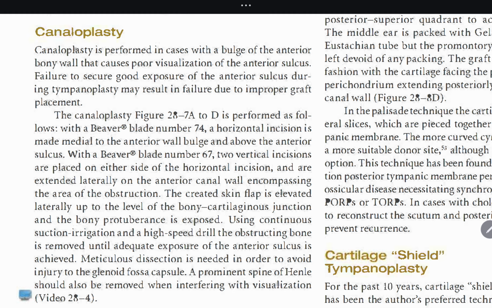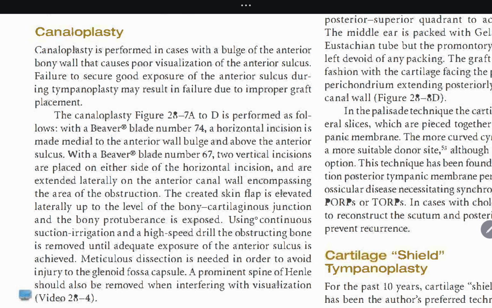A horizontal incision is made medial to the anterior wall bulge and above the anterior sulcus with a beveled blade number 67. Two vertical incisions are placed on either side of the horizontal incision and are extended laterally on the anterior canal wall encompassing the area of the obstruction. The created skin flap is elevated laterally up to the level of the bony cartilaginous junction and the bony protuberance